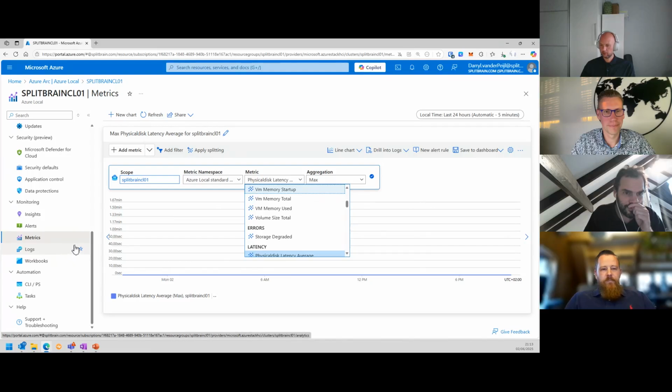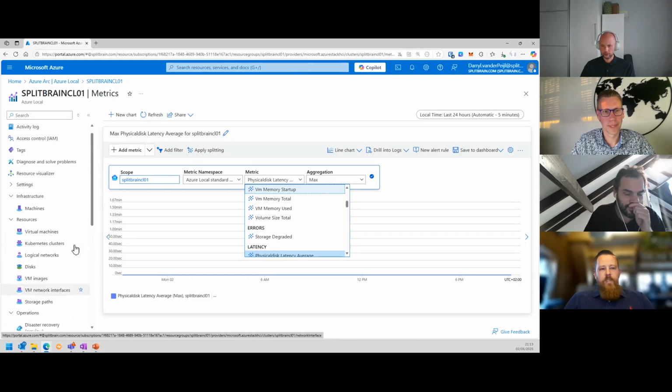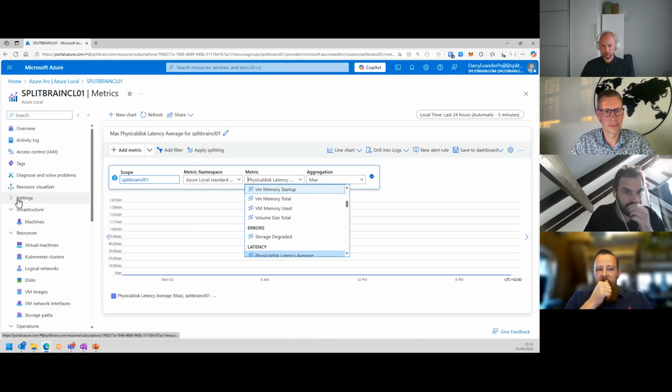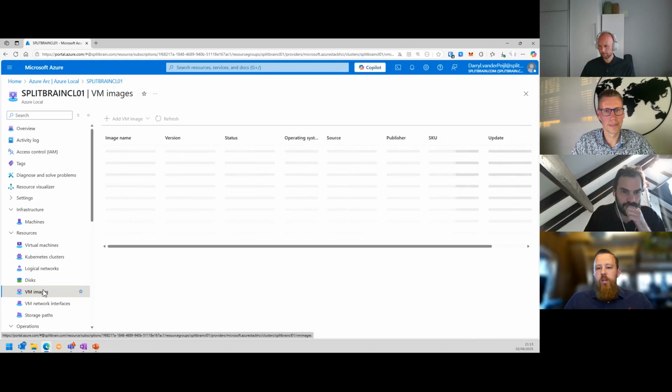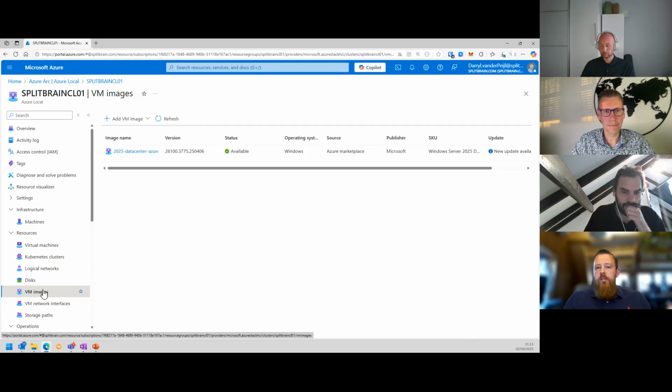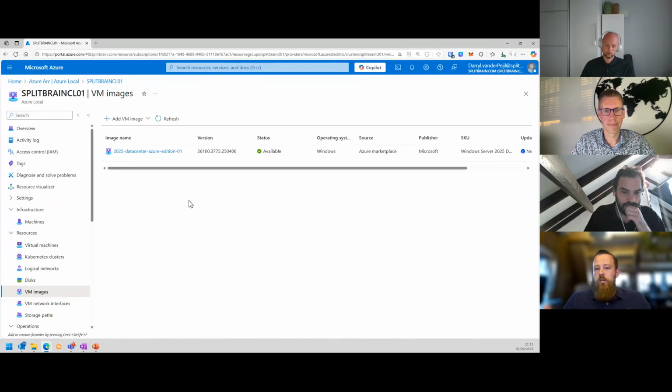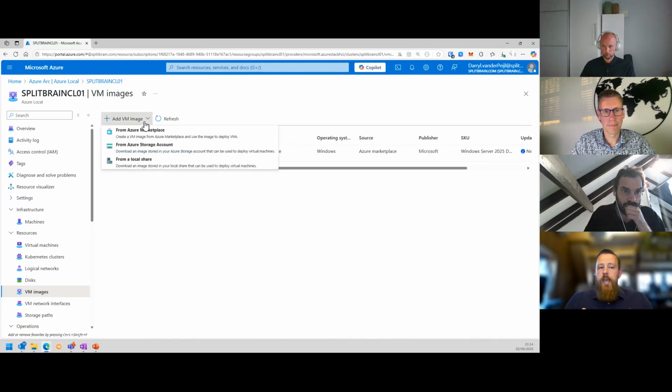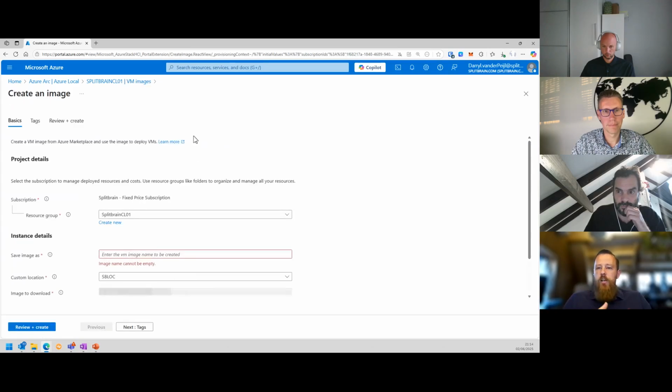I think this was the overview of Azure Local in the Azure portal. Anything I'm forgetting, Yannick? I think maybe really nice to quickly do the VM images. Because if you're going to deploy virtual machines in Azure, you're going to be able to choose between Azure Marketplace VMs, or you're going to be able to choose your own uploaded or custom VMs. You can do the same on Azure Local. So from here, if you click on Add VM image, you can say, I want an image from the Azure Marketplace, and it will sync that image from the Azure Marketplace to your Azure Local.